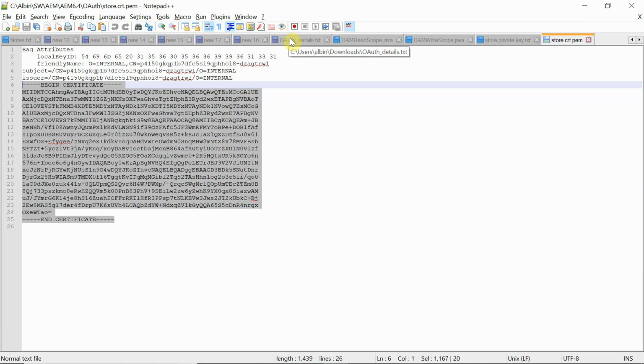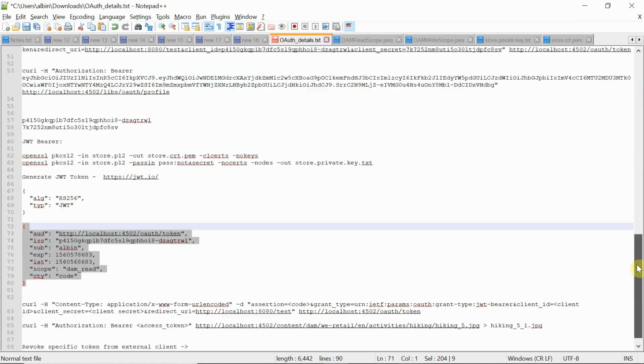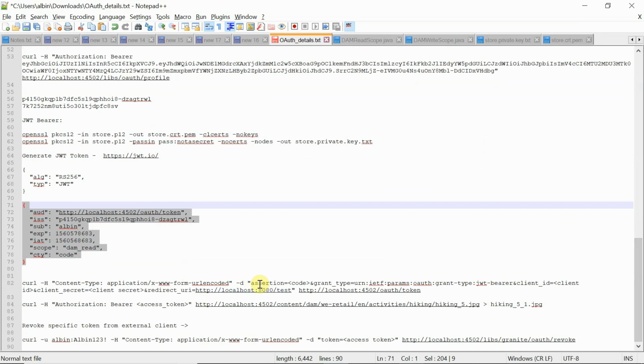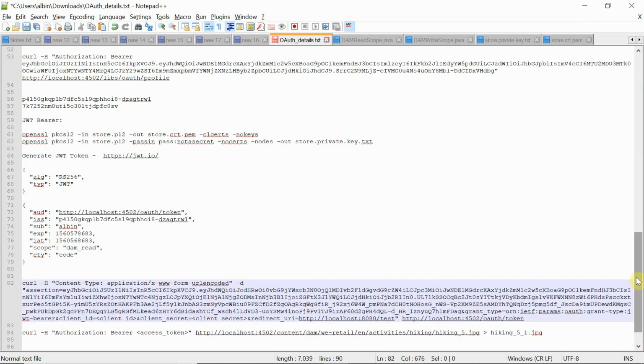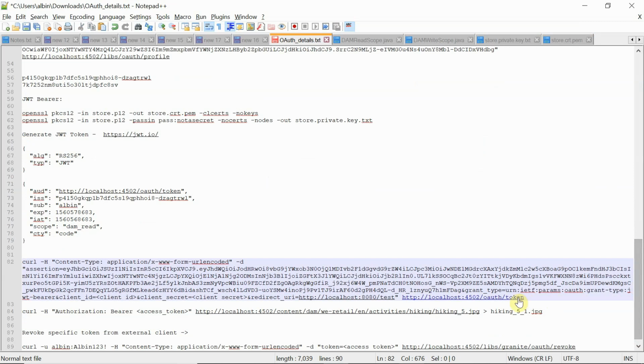So I will go back. If you see here, once that token is ready, now again same thing. Here the parameters are a little different. Assertion should be used instead of the earlier code and refresh token. In that parameter you keep the value whatever you receive. Now the grant type is again shown in that PPT. So this is the value. It should be exactly matching, otherwise it will not work.